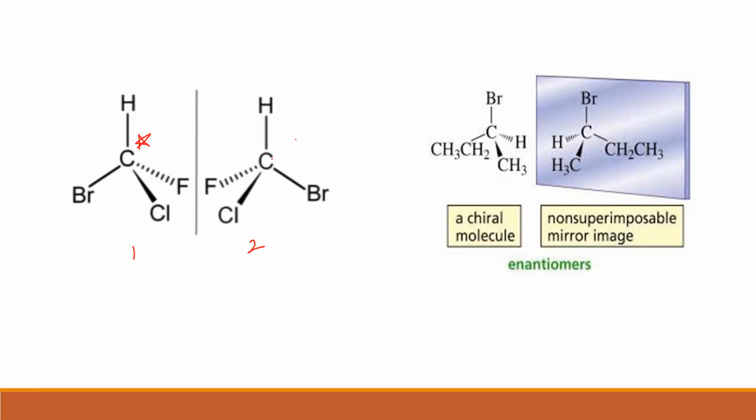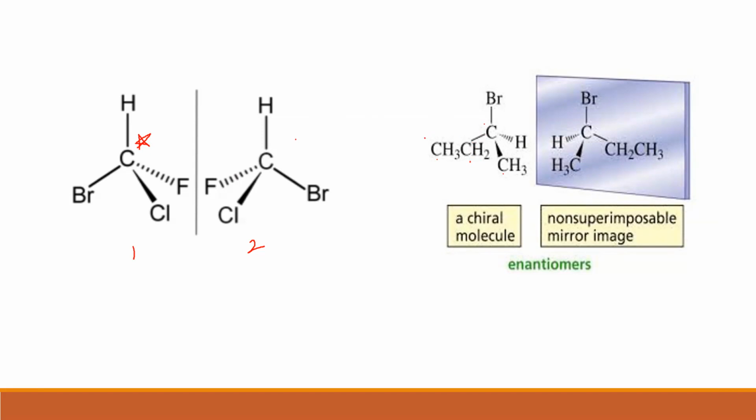I have one more example, for an alkyl halide. Now, is this alkyl halide chiral? Observe. Is this carbon chiral? No. Why no? Because it is not bonded to 4 different atoms. It's bonded to 3 hydrogen atoms and 1 carbon atom. Is this carbon chiral? No. Again, because it is bonded to the same atoms. Is this carbon chiral? No, because it's bonded to 2 hydrogen atoms. What about this carbon? Is this carbon chiral?